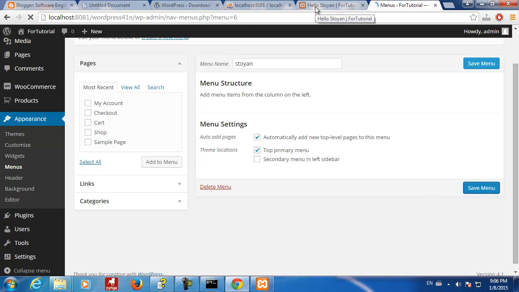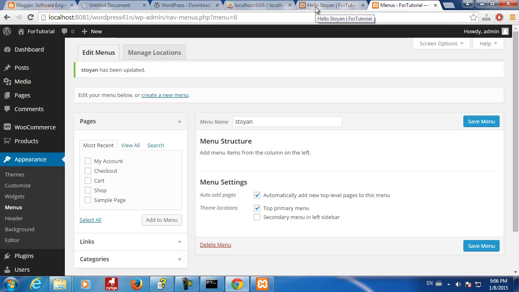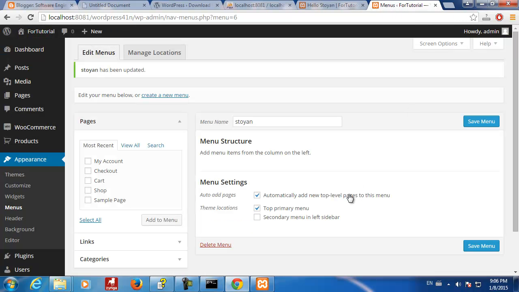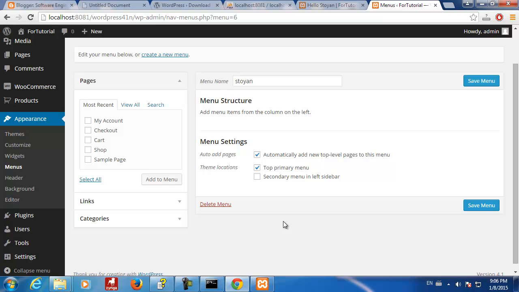and voila. It's not gonna change anything right now, but let's look at how the database has been changed. Oh, it changed. It disappeared. Admin, hello Stoyan, where are you? Menu, save, delete menu. Automatic top primary menu, automatically add new top level pages. Okay,